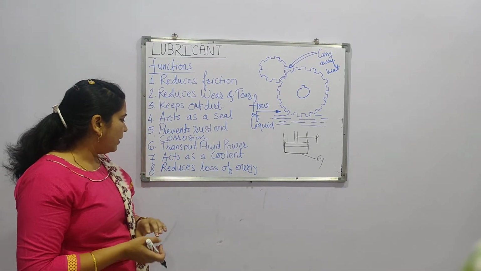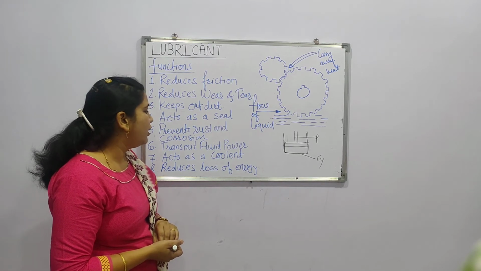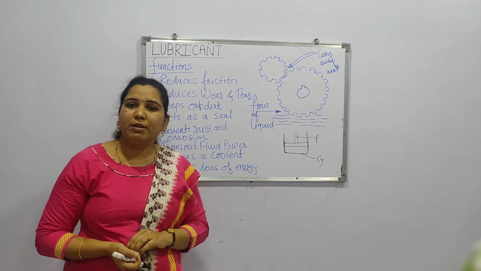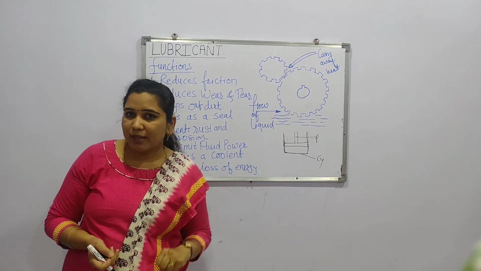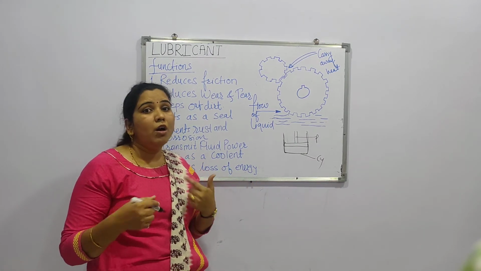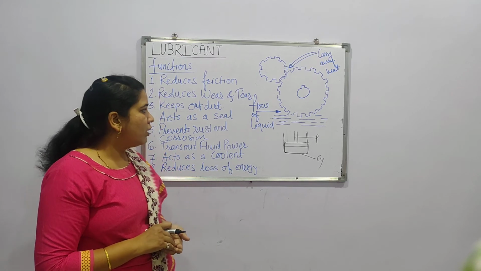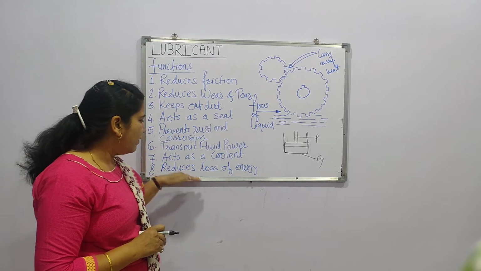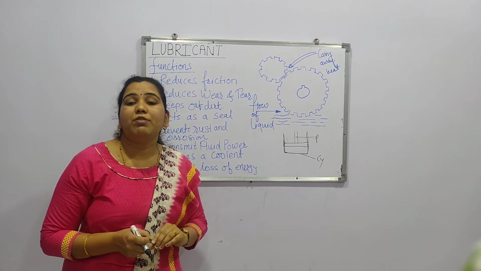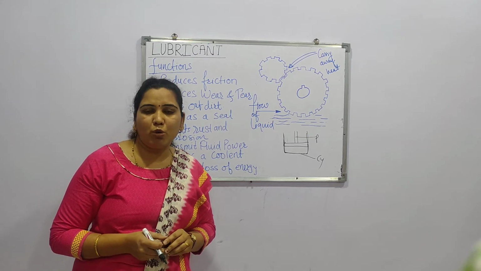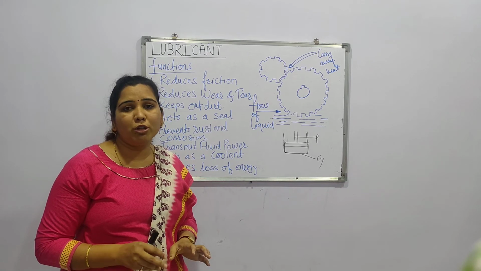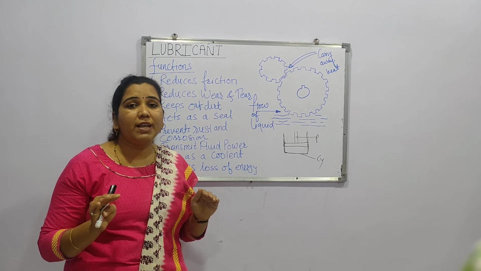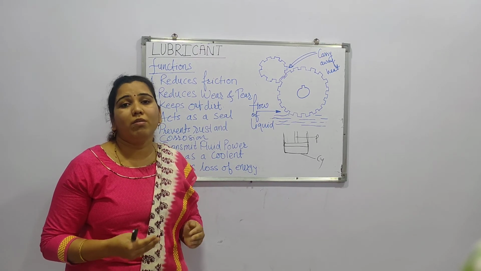The next and last one which is given here is that it reduces the loss of energy. Ultimately it reduces the loss of energy because it absorbs that energy itself and uses it where there is a need. In this way, whenever it reduces the energy loss, it must increase the efficiency of the machine. So lubricant is always useful for the machine. Without lubricant, we cannot even imagine motion.